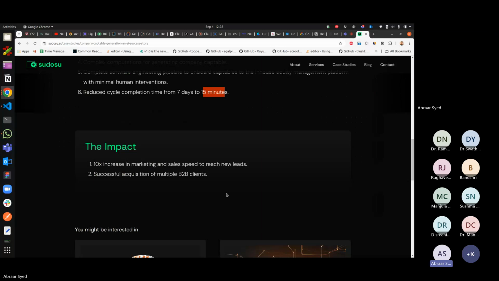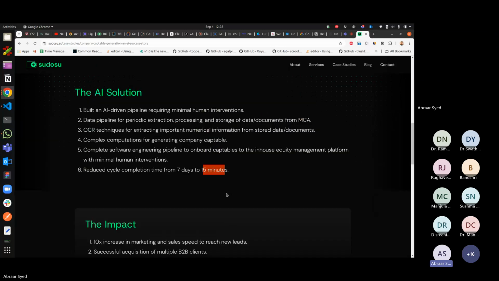And this comes under what I told you, right? Intelligent workflow automation. This is not a completely AI automated solution, but it is 80% automated. Now, how did we achieve this? First, extracting information from the MCA website. That is a straightforward integration. We built software systems to extract data periodically, process it, and store it in our storage from the MCA storage using API integrations.